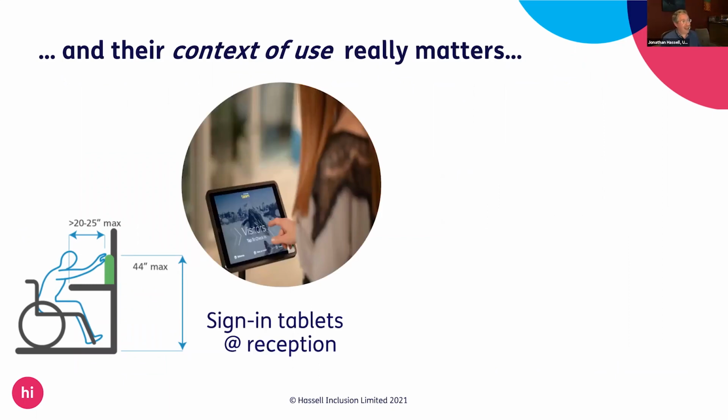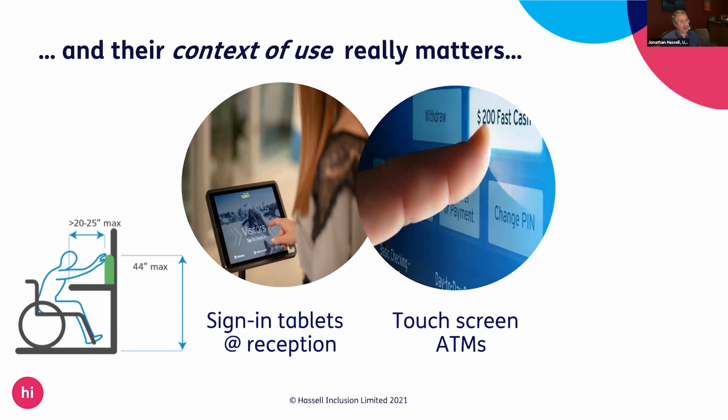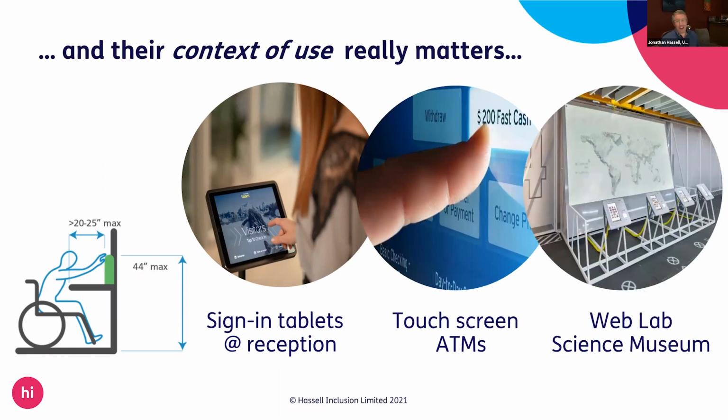Which is massively important for things like this. If WeWork is still there when we get out of the pandemic, what you'll find is that it'll probably work the way it used to, which is that you can't sign in at a WeWork until you use a tablet, which is normally on a stand. So you need the tablet itself to have accessibility on it, but you also need to make sure that people can reach it on the stand. And that goes as much for touchscreen ATMs and things like cool stuff that we've been doing for people like the Science Museum, where technology is just part of a physical space. We need to get accessibility working in all of these places.